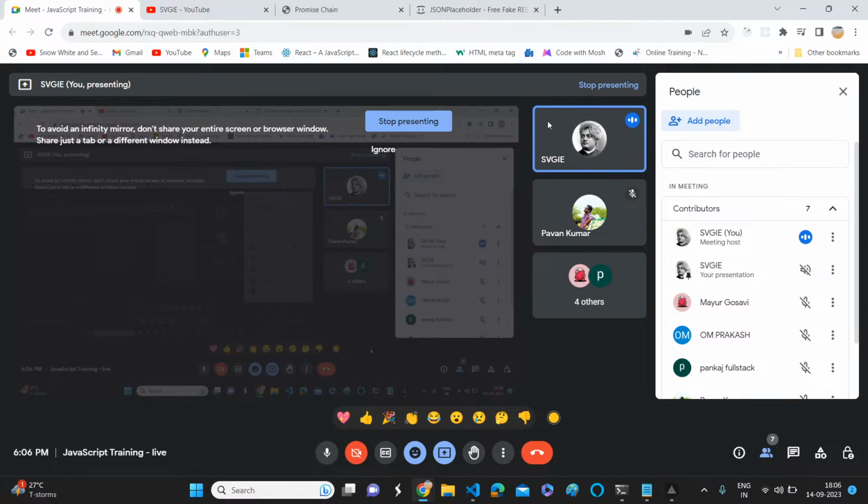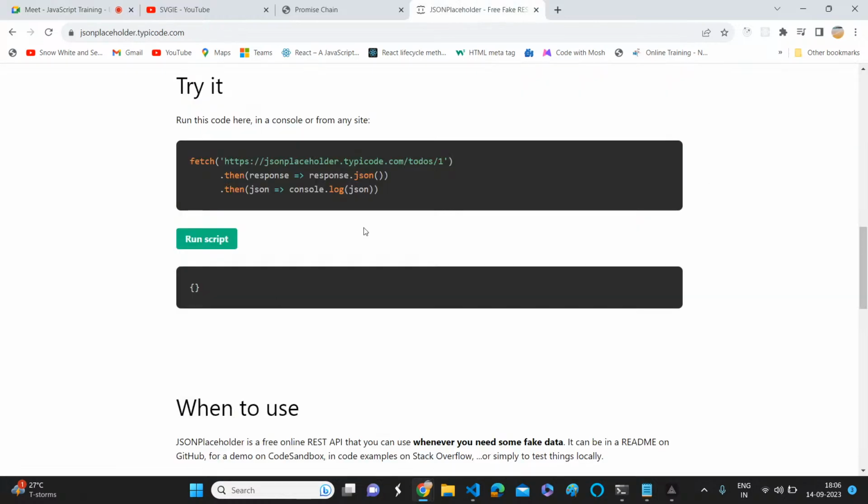Okay, let's see. We have already experienced in the last few days that whenever we try to get some data with a simple fake API, it returns a promise. Then we call response.json, a method that returns another promise, and the second time we get the response.